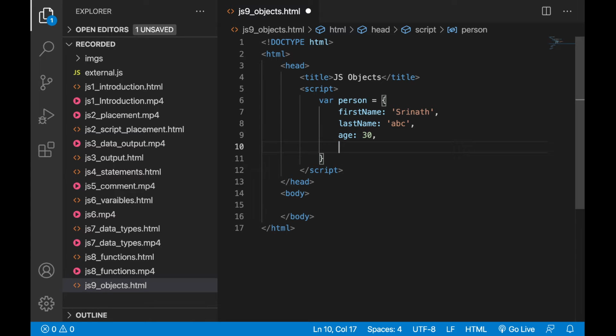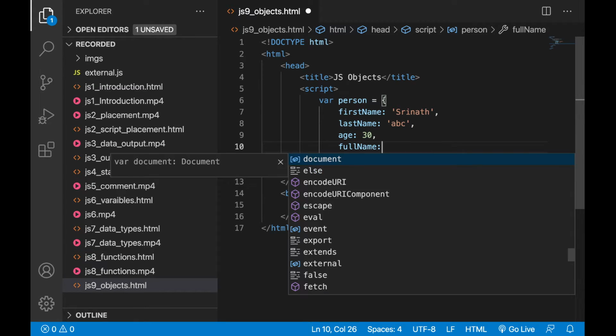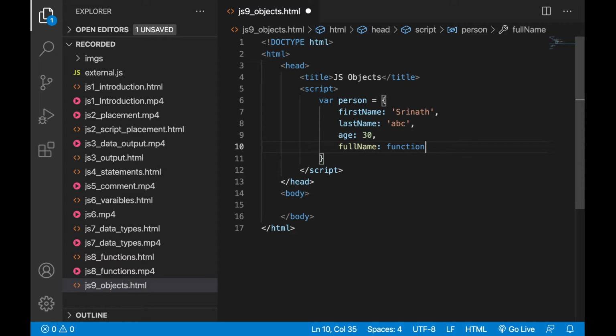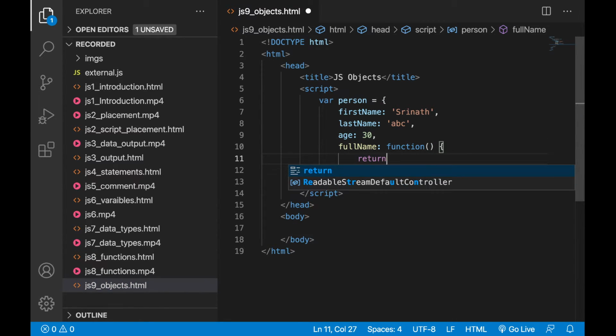Next, these are the properties, and I want to write one method also. Let's write fullName function. This fullName is the function. Function or method, both are the same. Inside, I am returning this.firstName.